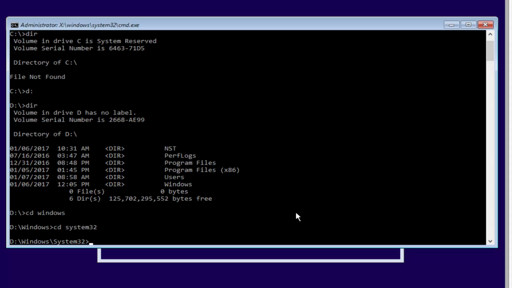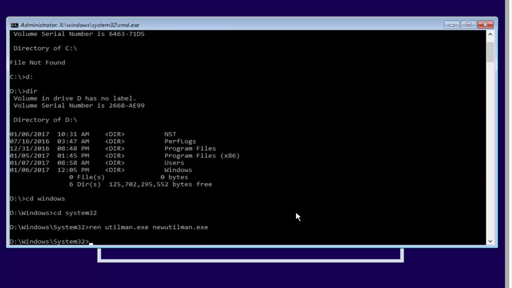Now we need to rename the utility manager file to another name by typing ren utilman.exe space with the new name. Let's go ahead and call it new utilman.exe and enter. Next we need to rename the command prompt to the utilman. So by typing ren cmd space to utilman.exe